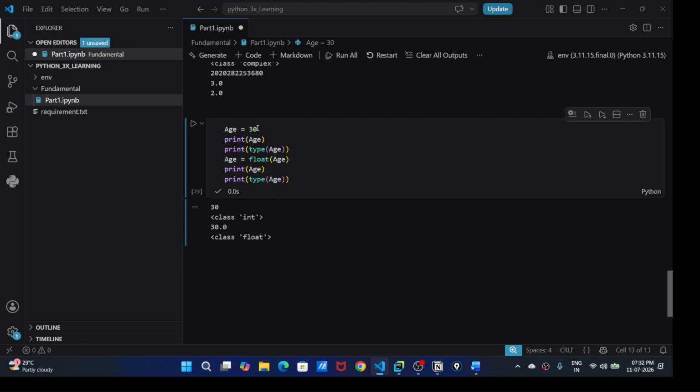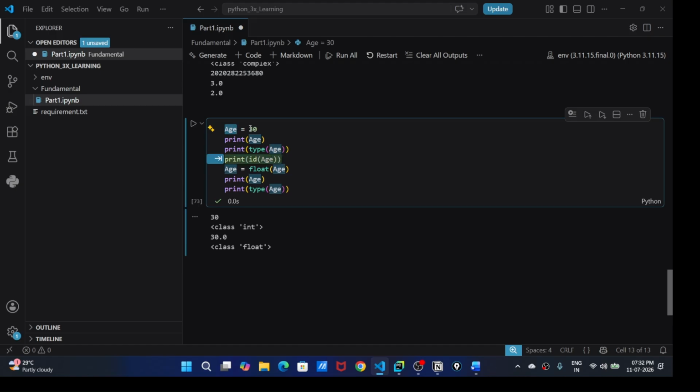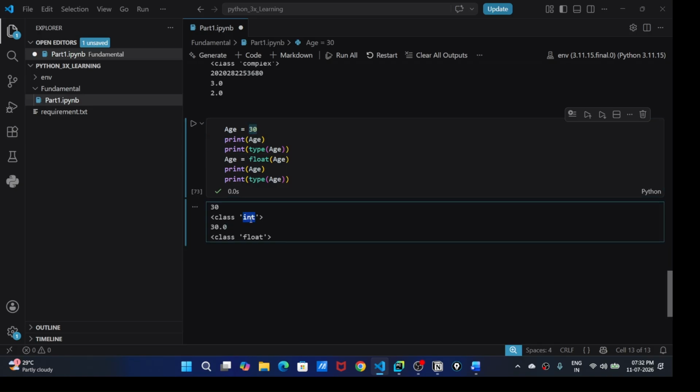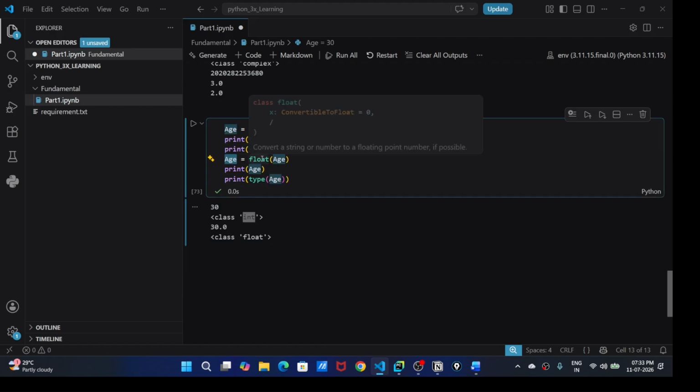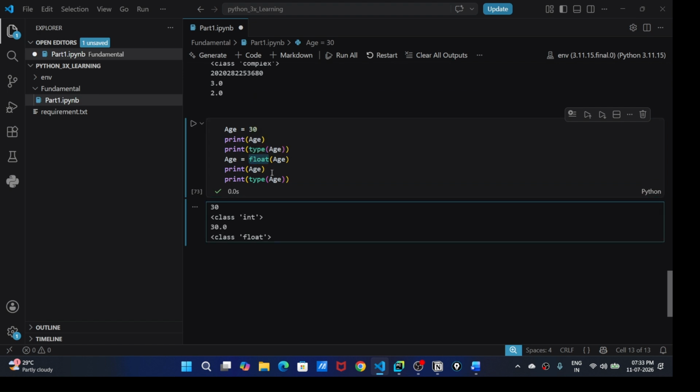Now the first age. So age is the variable. It contains the value or literal 30. Whenever we print it, it's giving an integer value. See the class of this integer value, right? Again, we convert this age into a float. And print, it is giving a decimal number, right? What is the class? After converting, it is a float number, right?